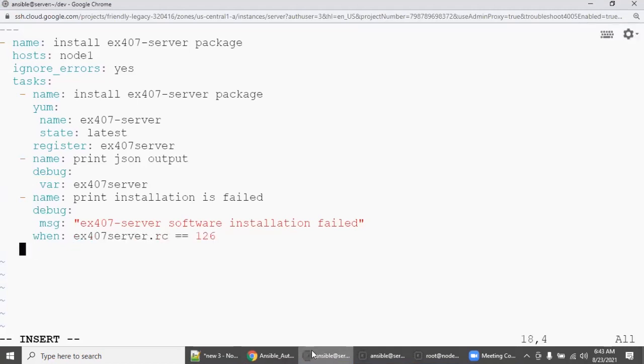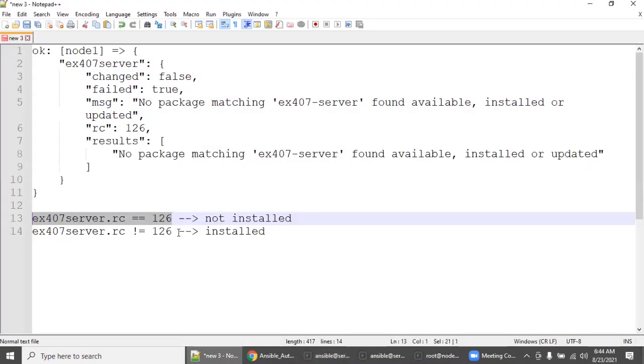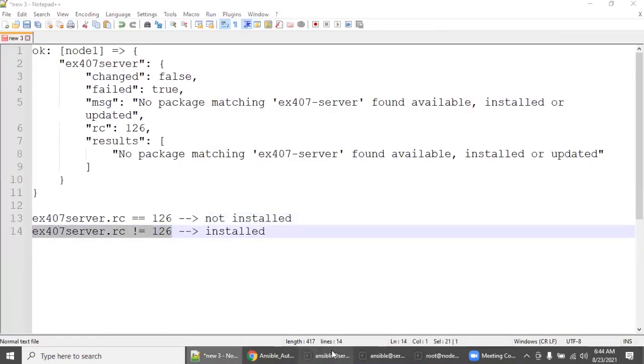Now we will also print the opposite message: print installation is completed, right? What is the module? Debug module, and the parameter is the message parameter: ex407-server software installation done, when the condition is not equal to 126, right?